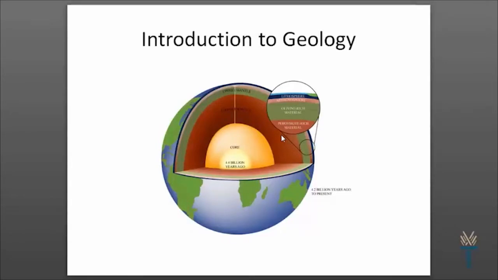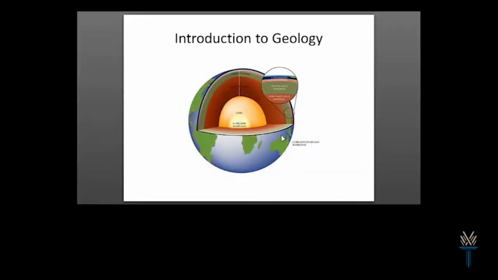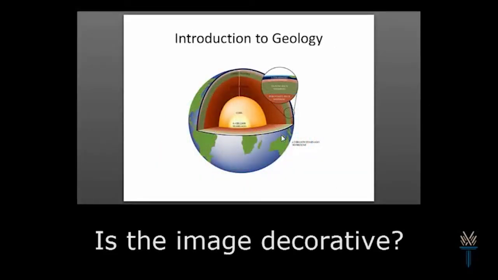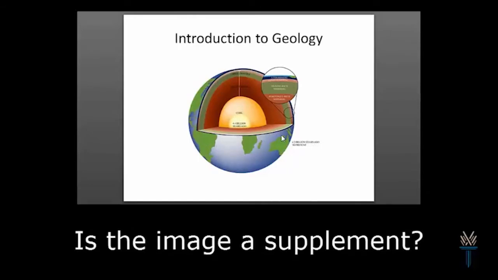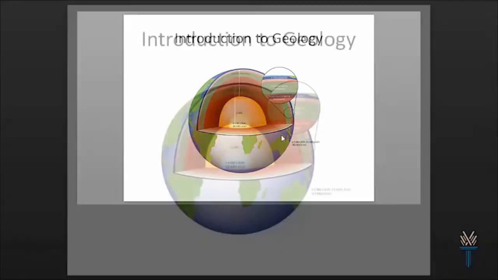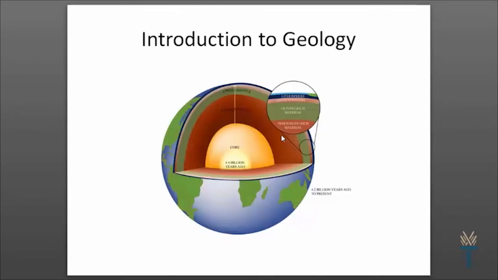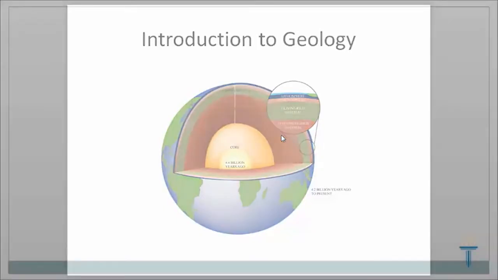When it's time to write alternative text, simply think about the context of the object. For example, consider this image of the Earth's layers. Questions to consider are, am I using this image basically as a decoration? Is it just an example of something I mentioned in the content? Do I intend for it to provide more information, supplementing a point I made in the content? My approach to writing the alternative text for this image will differ depending on the context of how I use it. Let's take a closer look at each of these situations.